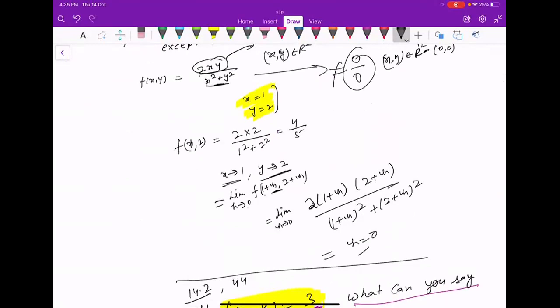So h क्या है? That is the increment. Suppose आपका ये point है and then h is what? A circle of radius h, we can say. So as h is tending to 0, this circle will reduce to a single point. Then we replace x and y by 1 plus h and 2 plus h, and we get all these values. So आपके पास क्या आएगा? 2 times (1 plus h) times (2 plus h), just do the multiplication. So simplify this function and then put h equal to 0.